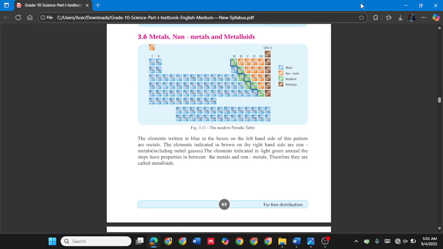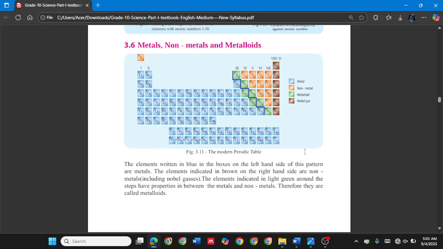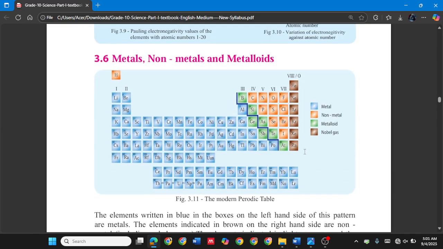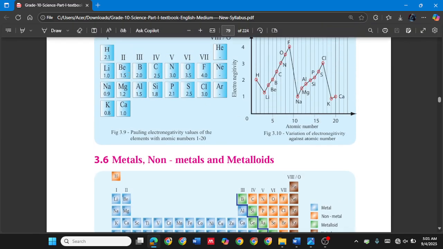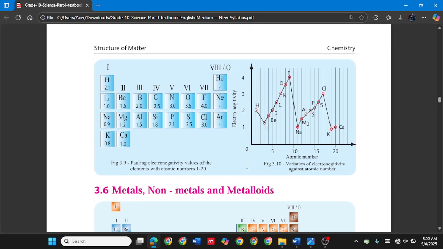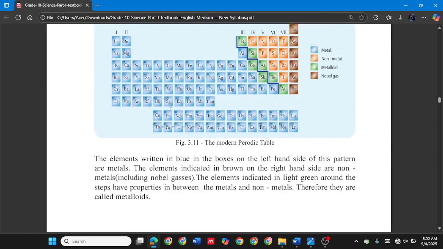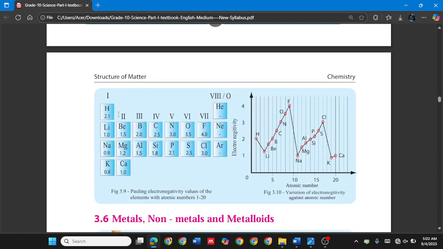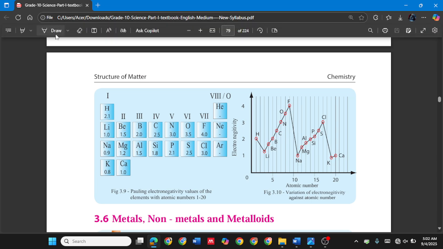Okay, you already know about this periodic table, which we already learned. It is this periodic table with 20 elements in it. So, in this periodic table, now we are going to learn about metals and some examples for metalloids and non-metals. As your knowledge, you know